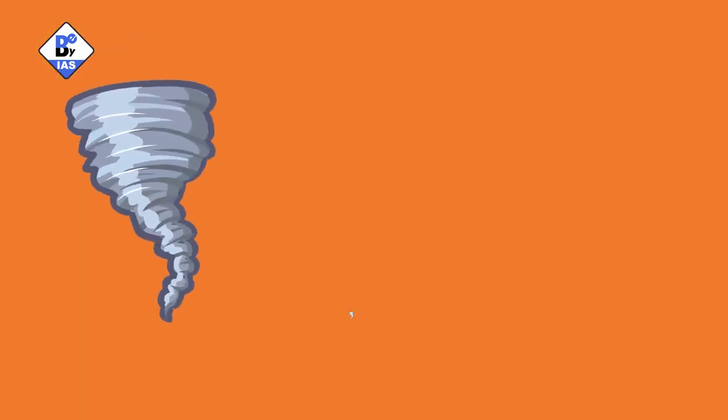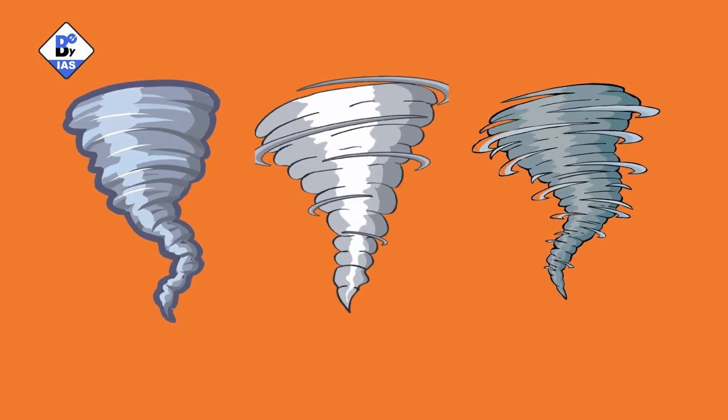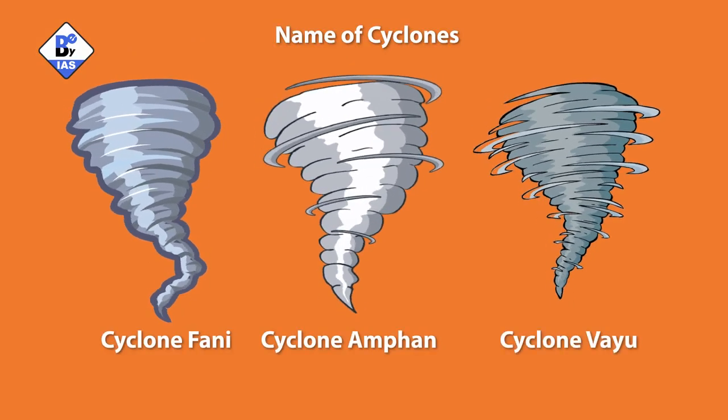And then there could be a question on climate as well. What is temperature inversion? This has been in the news. What are air masses? What are fronts, jet streams, and then the various types of cyclones? There have been so many cyclones in recent times. How are cyclones named? They may ask you to give the various cyclones and then ask you to